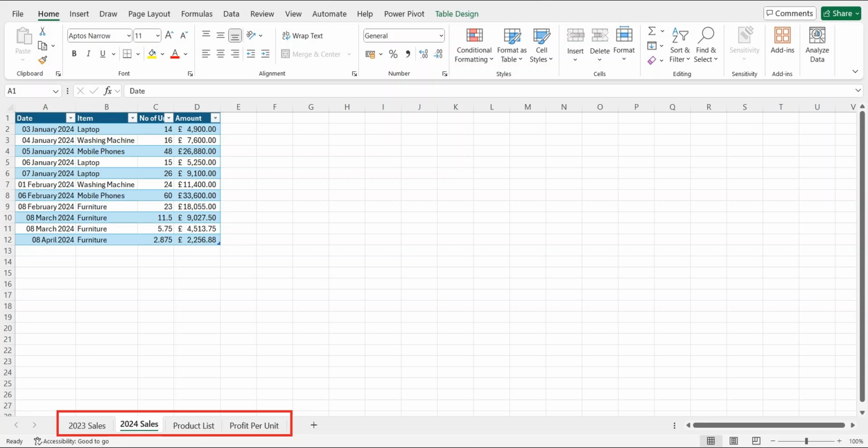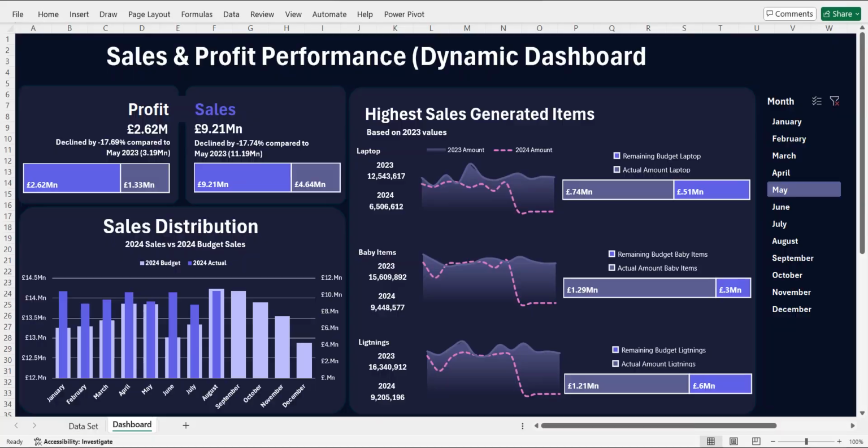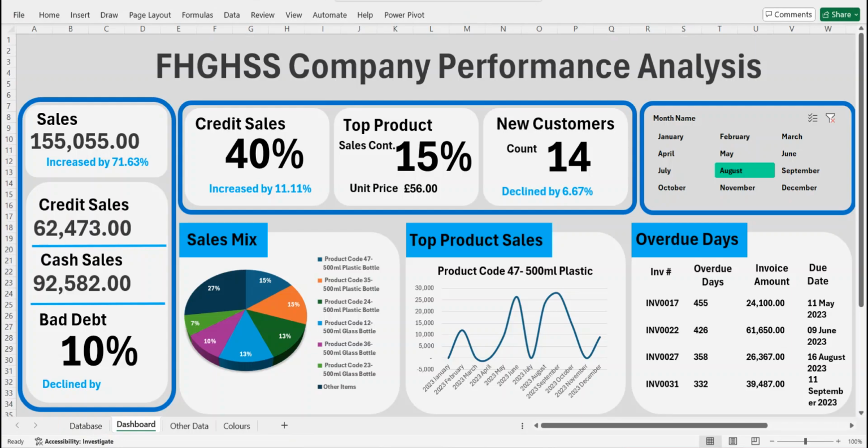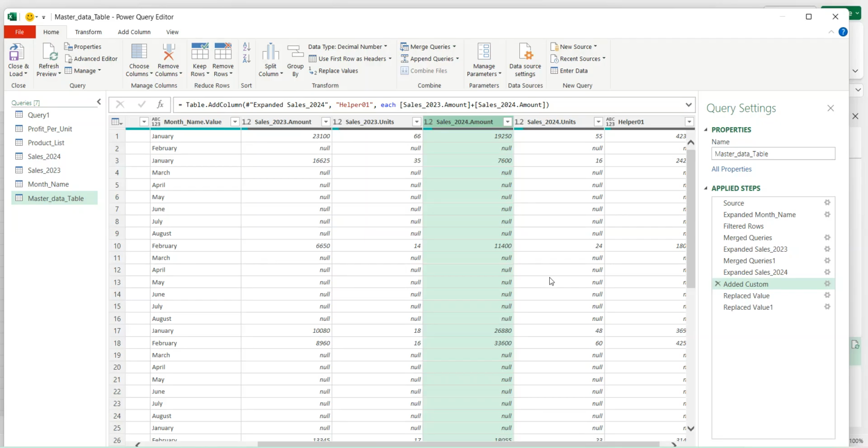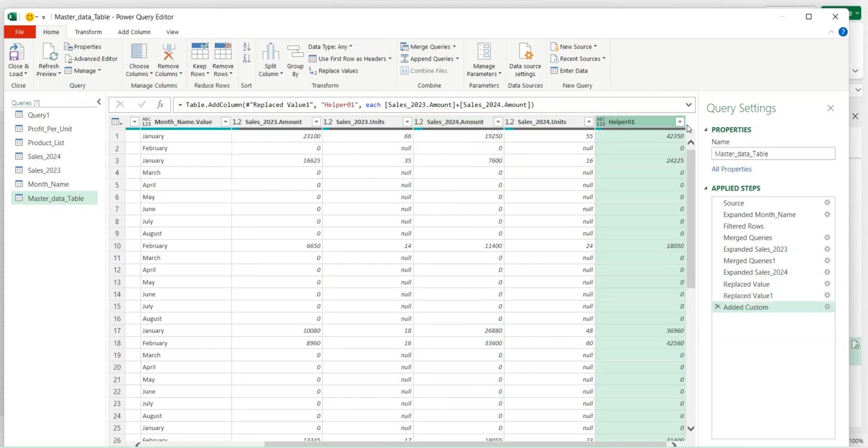A properly organized data table is the backbone of any effective dashboard. When your data is clean, structured, and consistent, it allows you to build dashboards that are not only visually appealing, but also accurate and insightful. A well-organized data table ensures that your calculations, charts, and summaries are pulling the correct information, reducing the risk of